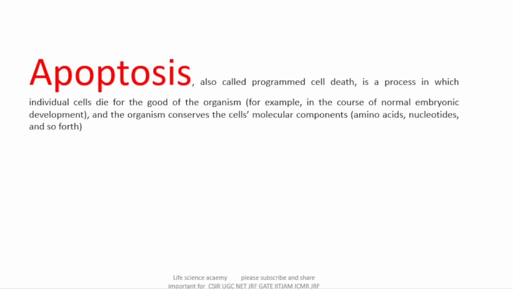Today we're talking about apoptosis. What is apoptosis? Apoptosis is simply a process, or you can say a programmed cell death in a sequencing manner. Like one by one, a series is happening in the apoptosis process. The programmed cell death is a process in which individual cells die